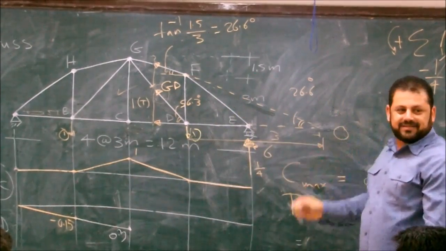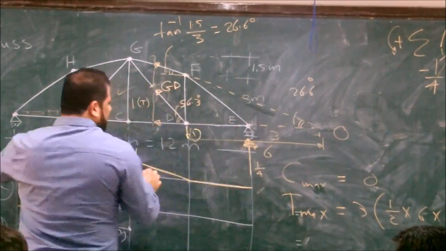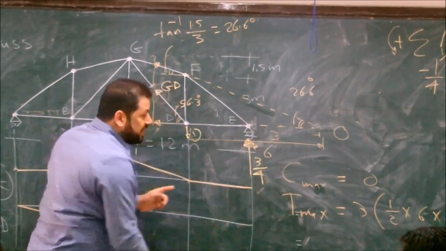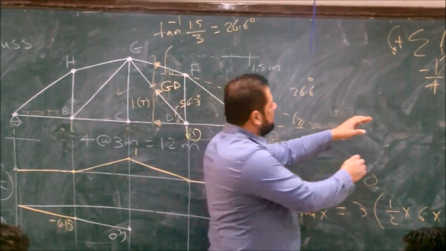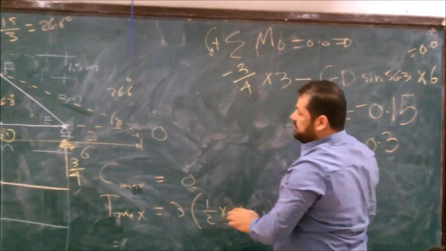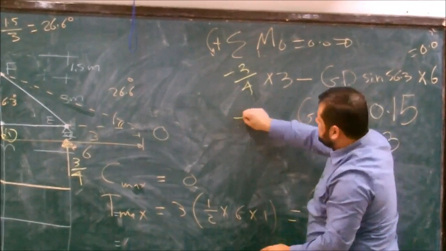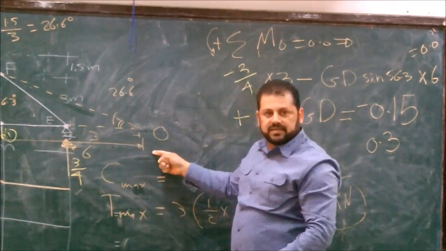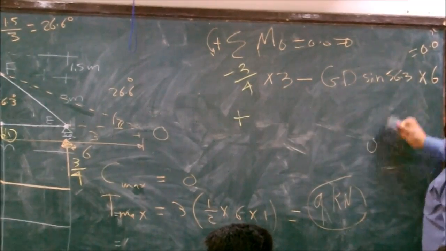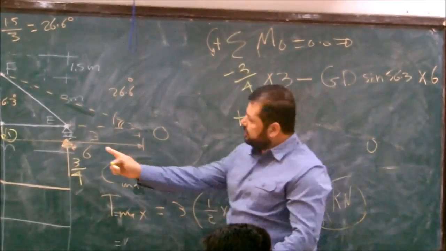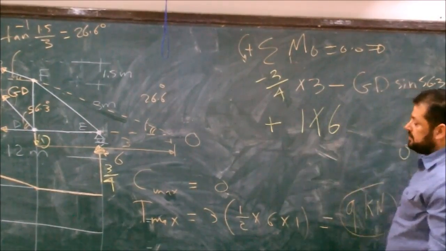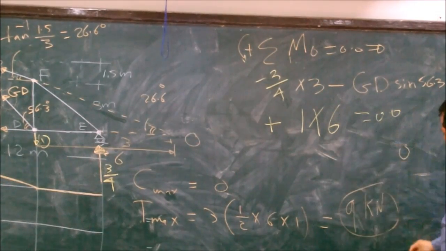this will affect the moment. If the unit load is here, this one is 3/4. But look at the moment equation. It would be 3/4 negative, plus 1 times 6, plus again 1 times 6 counterclockwise, 1 times 6 equals 0. This will give you